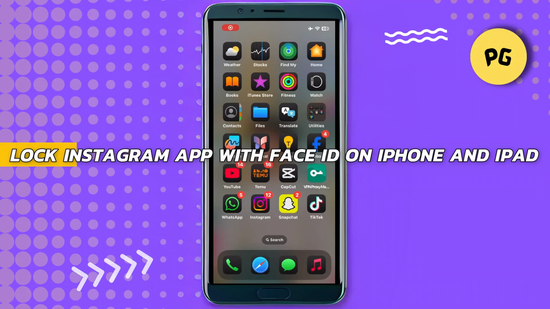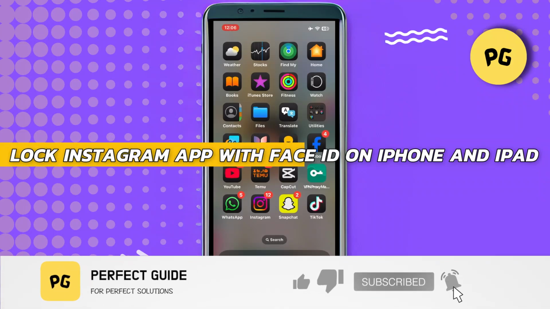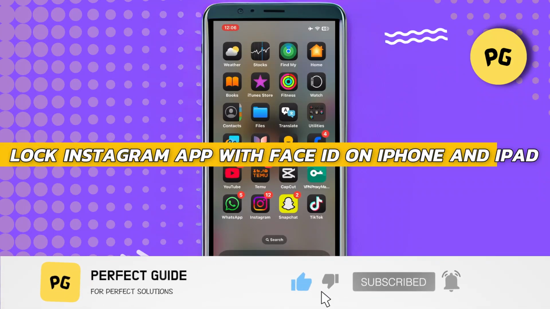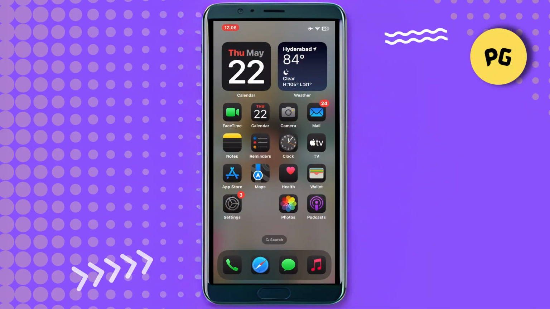How to lock the Instagram application with Face ID on iPhone and iPad. Alright, so let's begin with the video. There are many other users who want to lock the Instagram application with Face ID, but they don't know the method. Today, I will guide you step by step, and you will easily lock your Instagram application on iPhone without